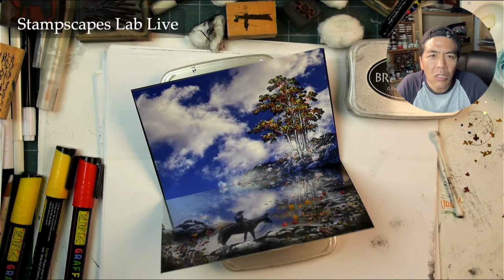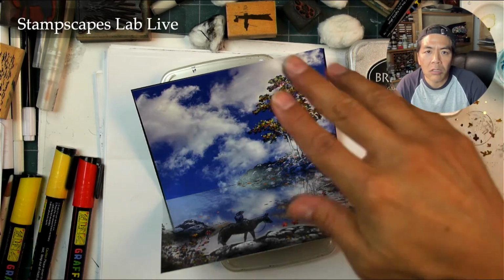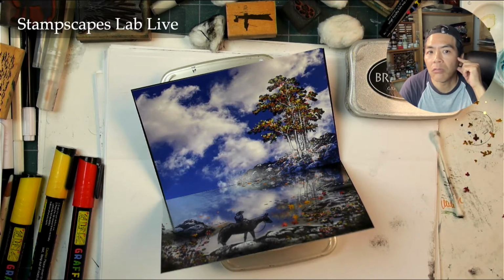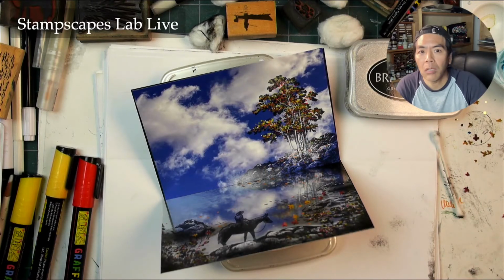You can almost use another layer maybe of the yellow or the orange, I think, to make it pop a little bit more, and so that it reflects a little bit lighter down here. Maybe I'll wait for this. Maybe I'll spray seal this all off again, and then I'll go over it with some final touches, little tweaks on there. Because when you do spray seal it, I think you get more of an opaque application